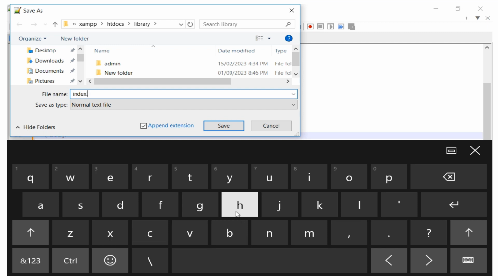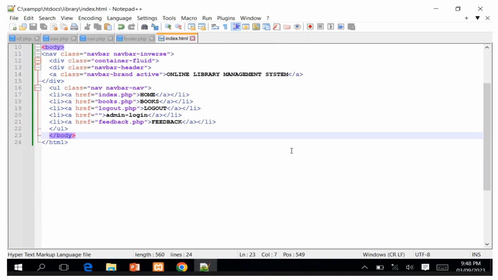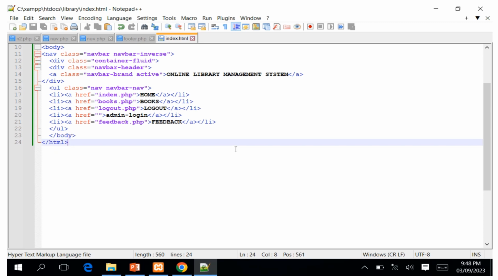Let me have the extension of HTML, not necessarily to be the PHP only, and then I can save it like that. So that is the one that we want to include at the top there